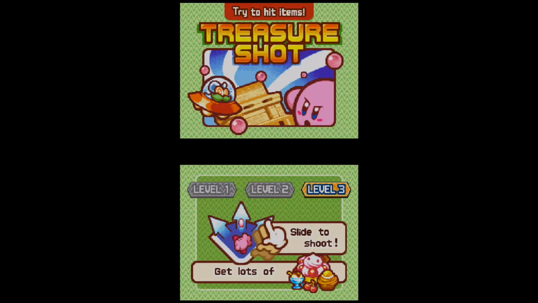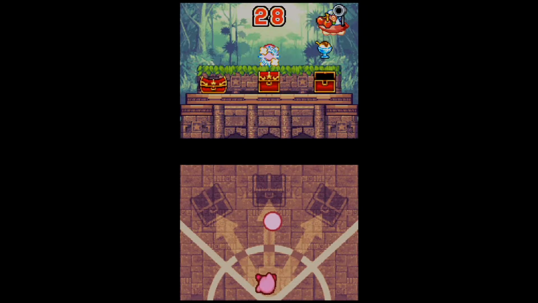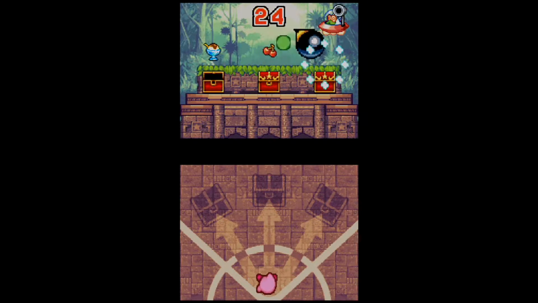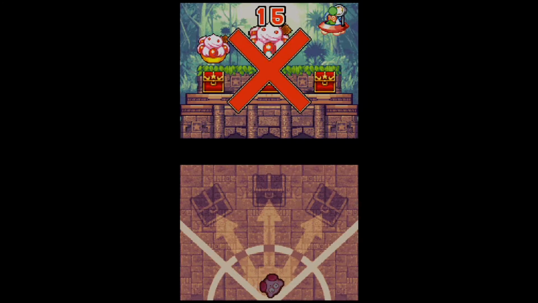So, try to hit these fruits, or try to hit the items. Slide to shoot, and whoever gets the most points at the end wins. Same thing, we have to flick the stylus before you're able to obtain some more food and what have you. However, what makes this a little bit more difficult compared to the other sub-games is that you need to be right on with that specific sliding